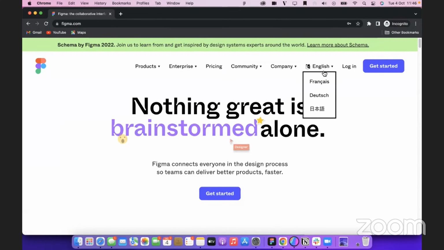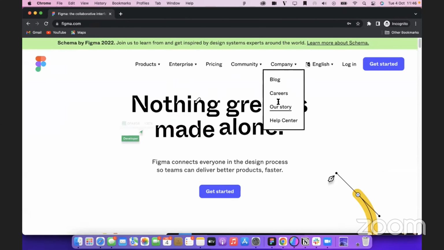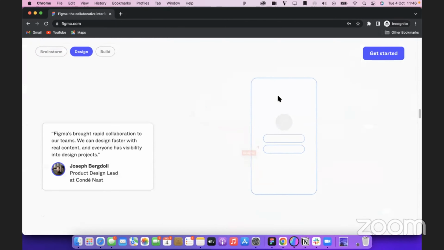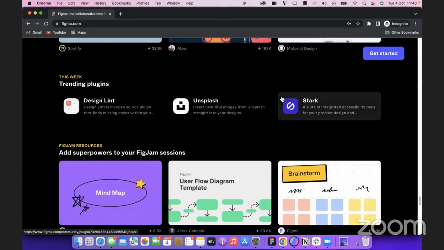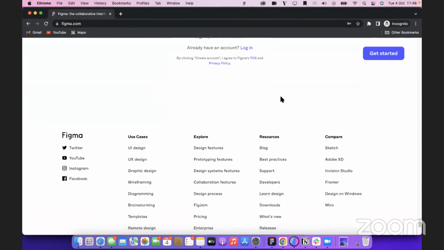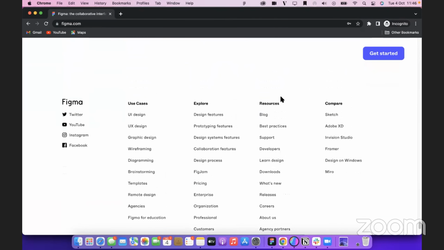I'm trying to understand where download is. So if I click on get started, what happens? It tells me to log in directly. So I think you have to log in to Figma, maybe to be able to download. I'm so sorry, it's been a while since I've been on Figma. I downloaded Figma a while ago, so I don't think they're allowing people to download directly now. They want you to log in before downloading, right?